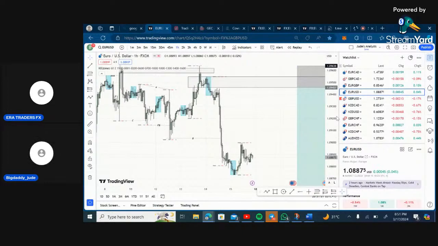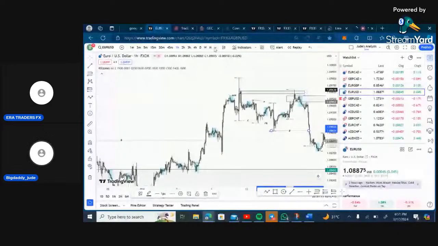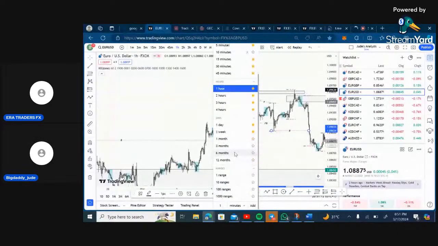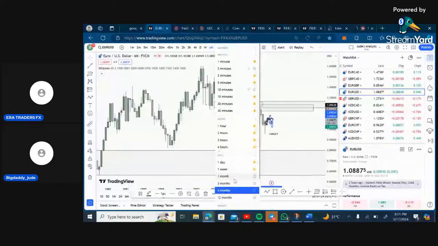So now for Euro USD, we are having literally the same thing. I think I also did a top-down approach here. Started from a top-down approach. Yeah. So we had a break of structure. This serves as an inducement to this zone. So without wasting much time, let's come down to the 3 months or monthly,